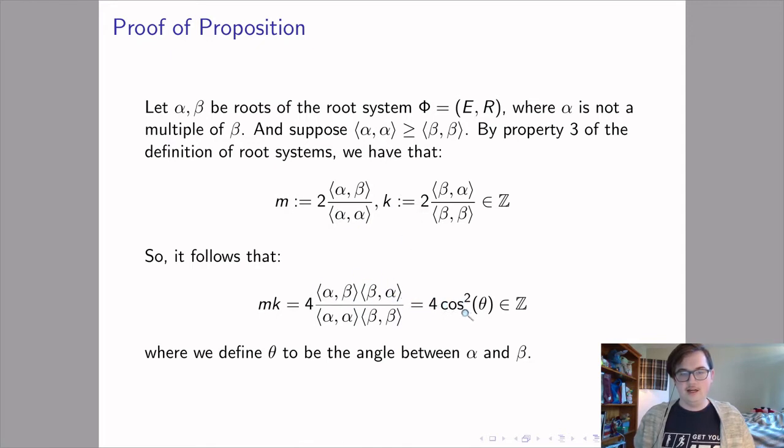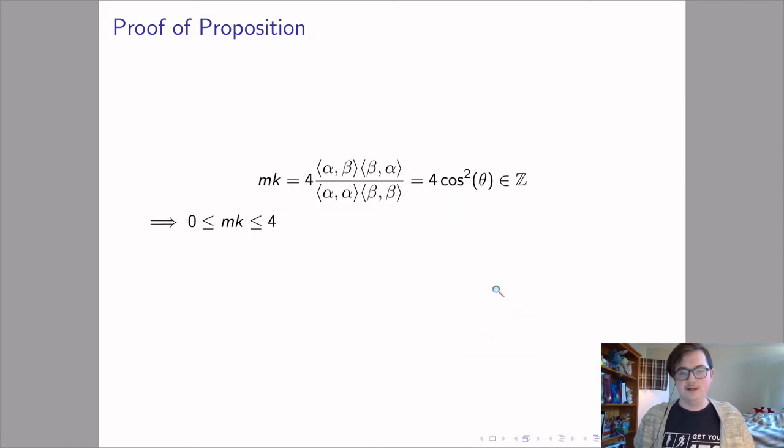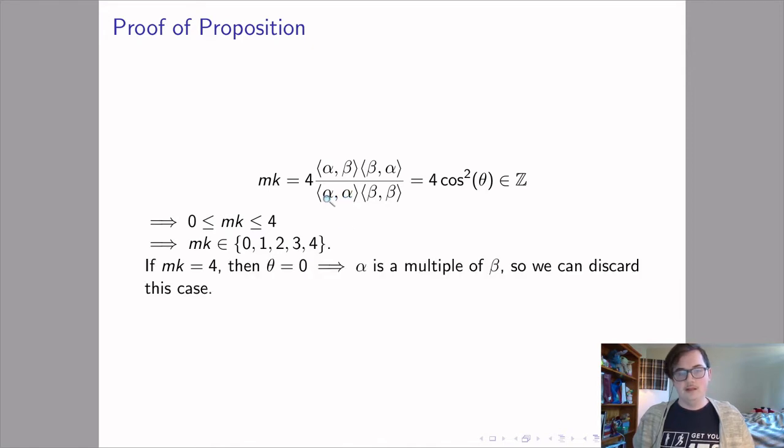And then by the linear algebra definition of cosine, we have this equality here. So we have that mk is 4 cos squared of theta, where theta is going to be the angle between alpha and beta. Okay, so we rewrite that here. And because we know mk is an integer, and we know the restrictions we get from cosine squared of theta, we know that mk will lie somewhere between 0 and 4. So it will be either 0, 1, 2, 3, or 4. So if mk is 4,